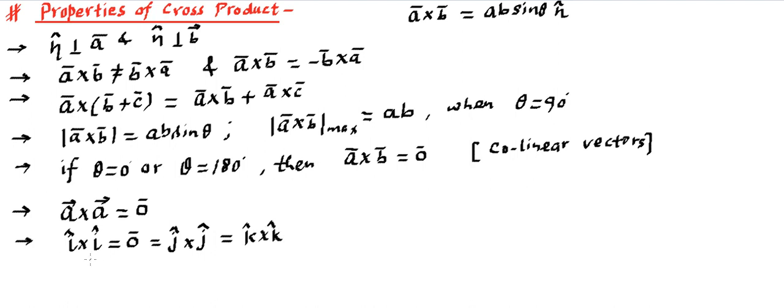Mind it, when we used to do the dot, i dot i used to be unity, whereas i cross i becomes a null vector, j cross j becomes a null vector, k cross k becomes a null vector. Okay, making sense? So this is how we can find the cross product between identical vectors. Identical vectors, or parallel vectors, or collinear vectors, you'll find their cross product will be 0, and it will be maximum for 90° and other properties that you